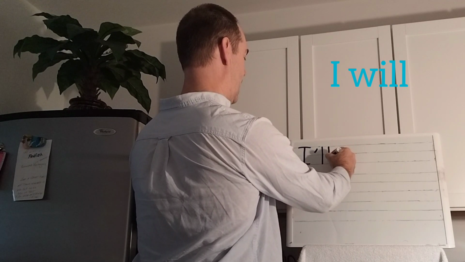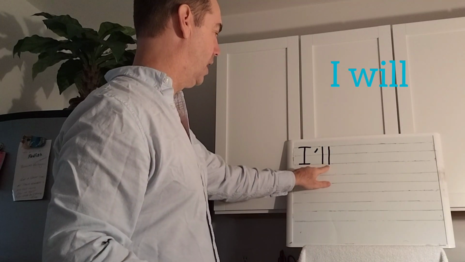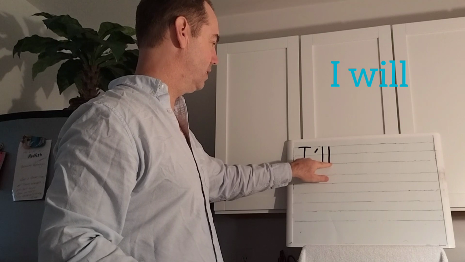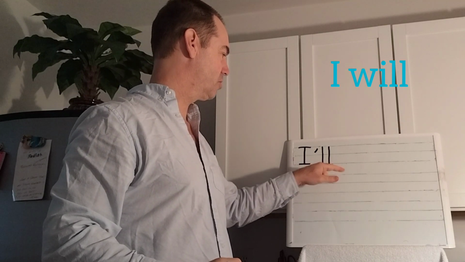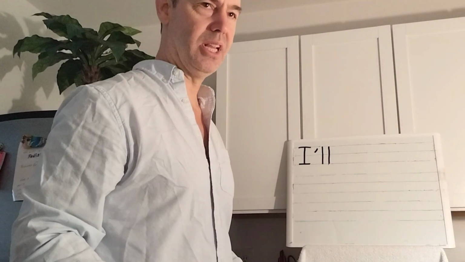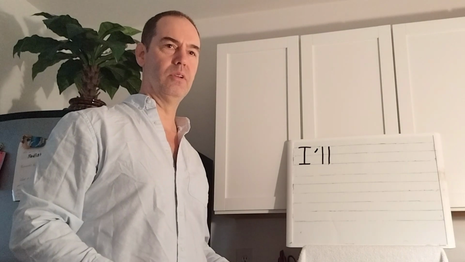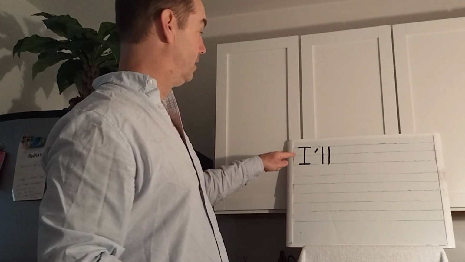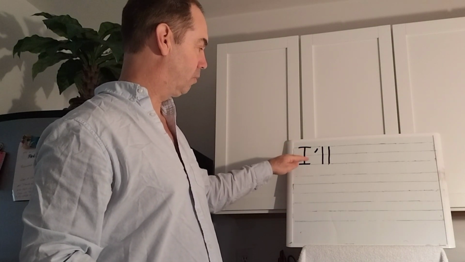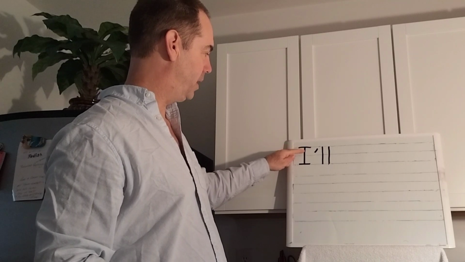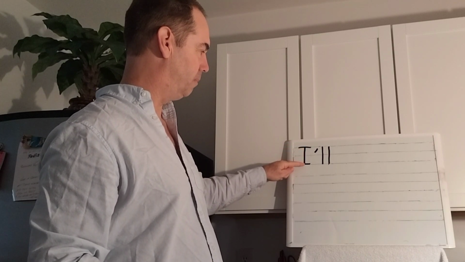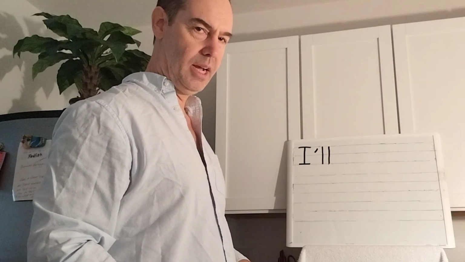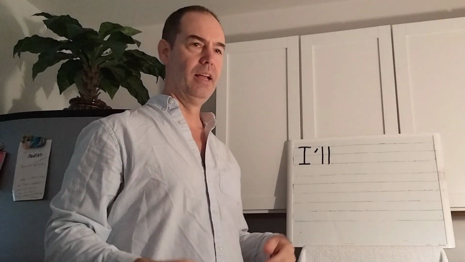That spells I'll. It's short for I will. It's just everything in English in modern times is pretty sloppy. We don't say I will usually, we say I'll. Do you see how I'm using 3 lines here? It goes from the top line through the middle line all the way down to the bottom line. Okay? I'll have,